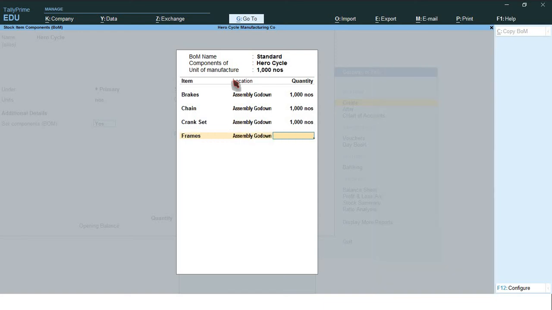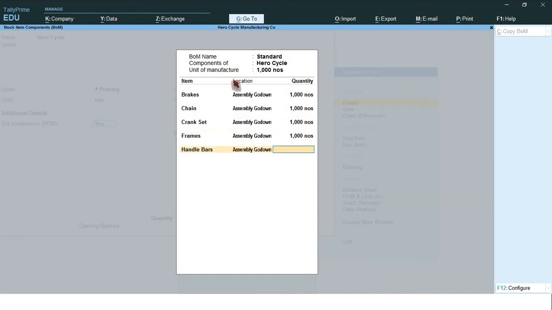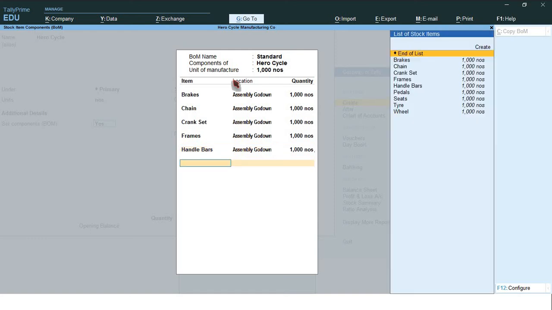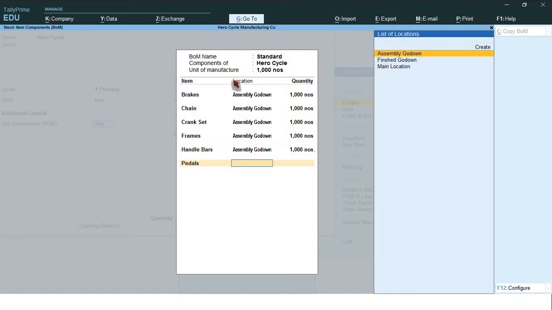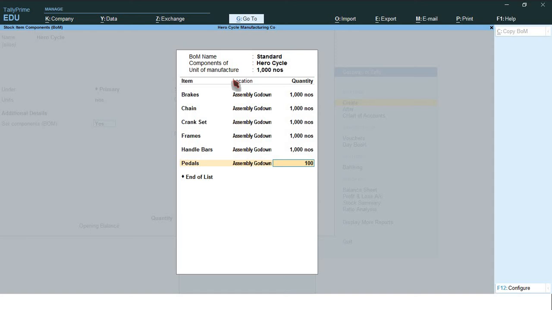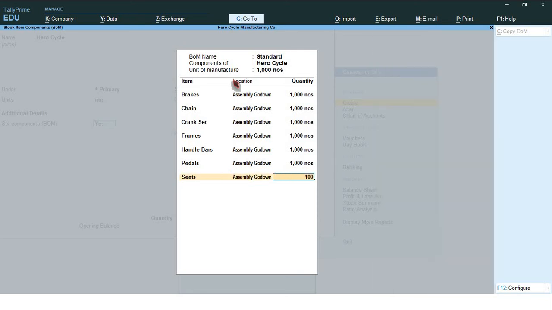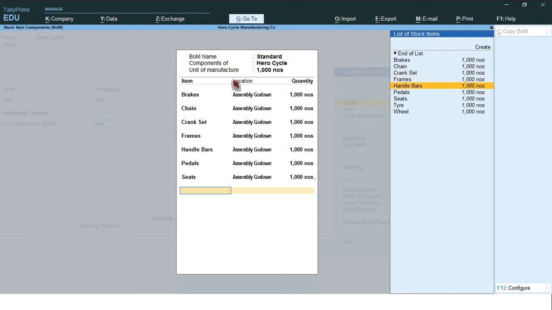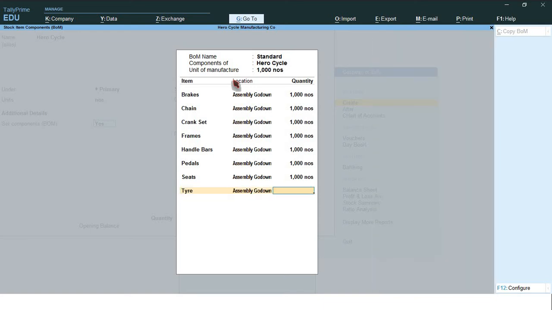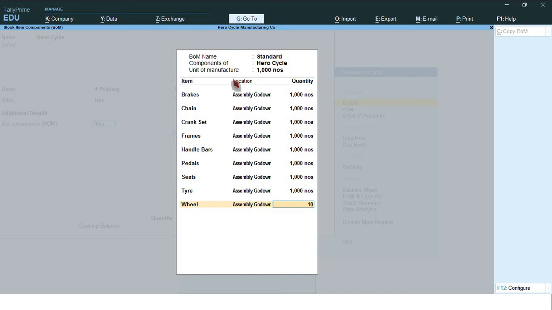Frames, assembly godown, 1000. Handlebars, assembly godown, 1000. Pedals, assembly godown, 1000. Seats, assembly godown, 1000. Tire, assembly godown, 1000. Last one, wheel, assembly godown, 1000.